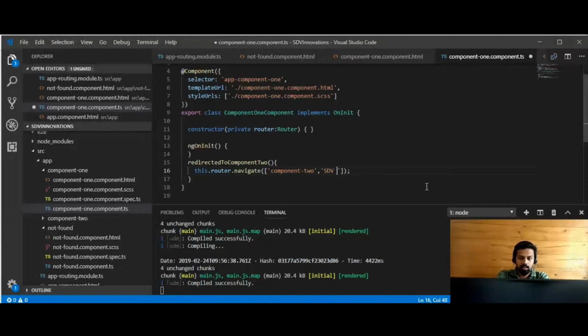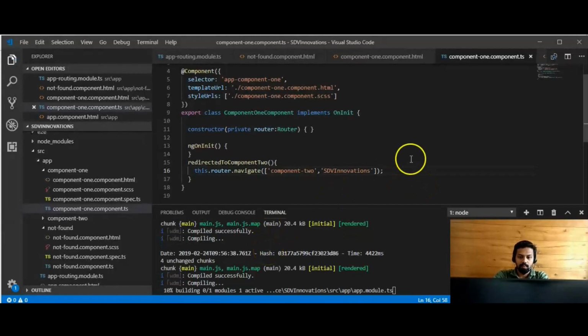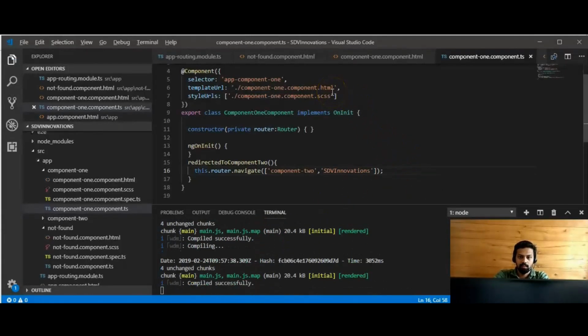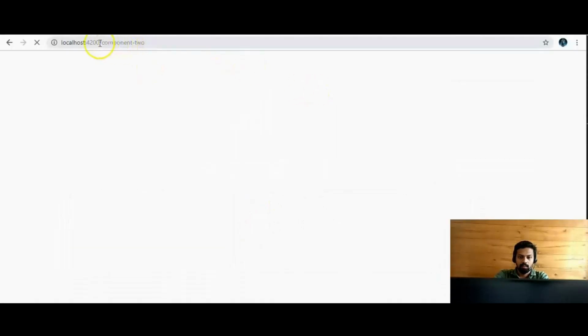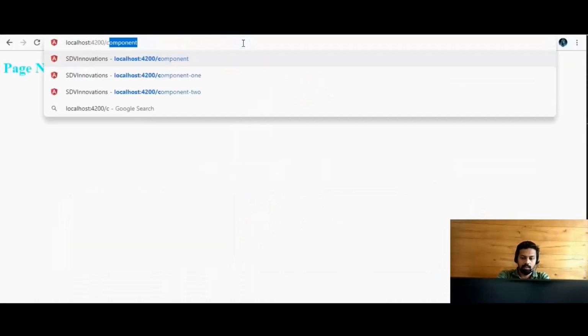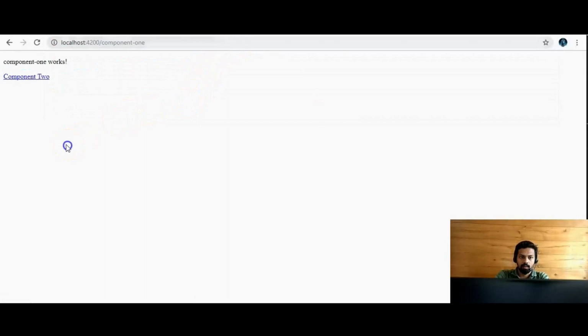by SDV innovations, press save, and check with component 1 and press on the component 2 link. Now it's redirected to the component 2 page, and